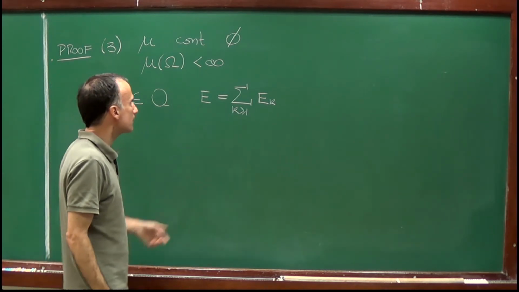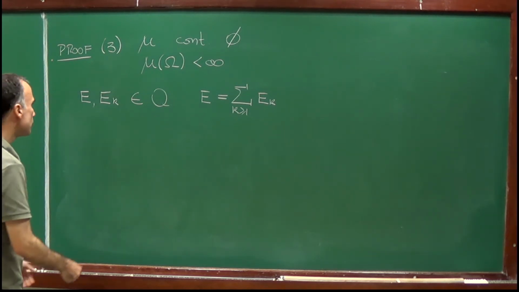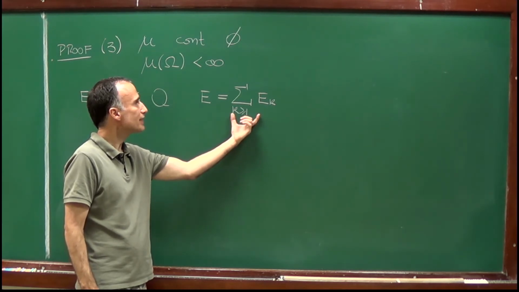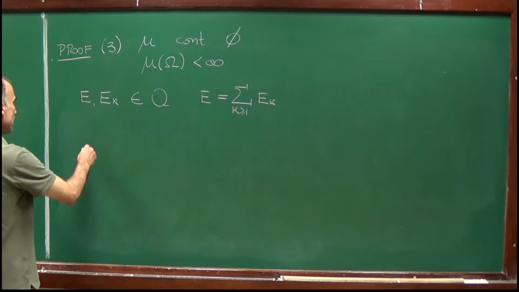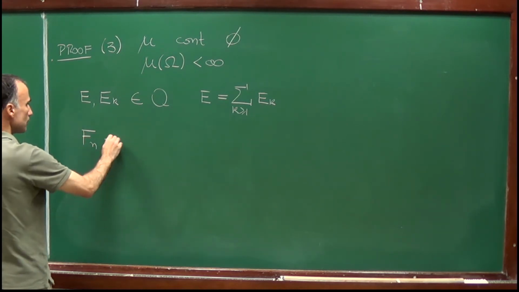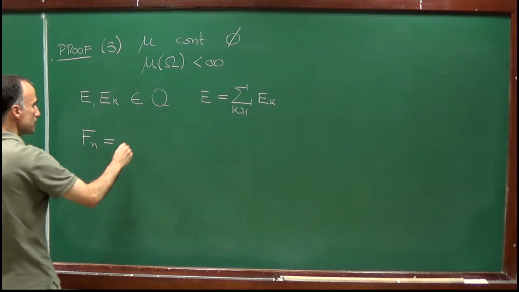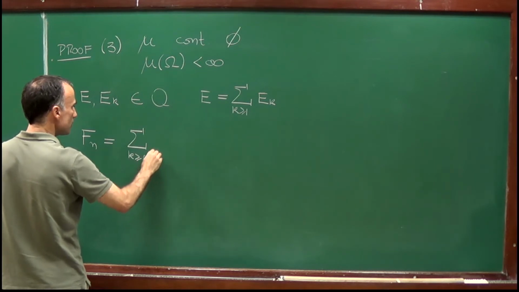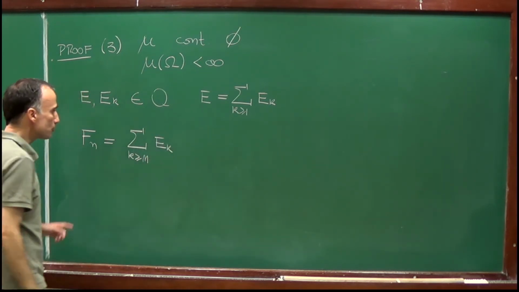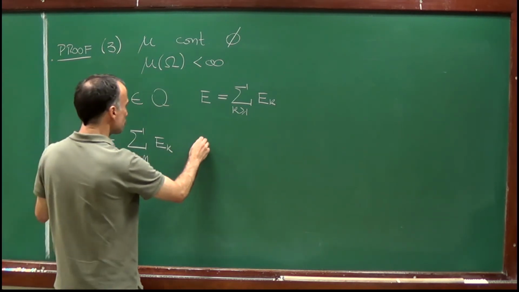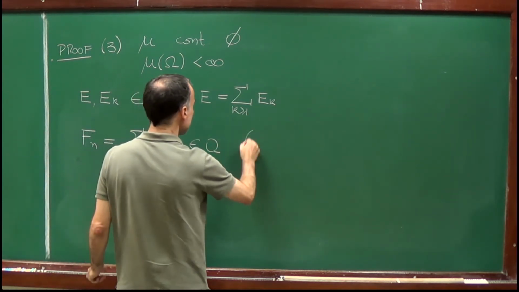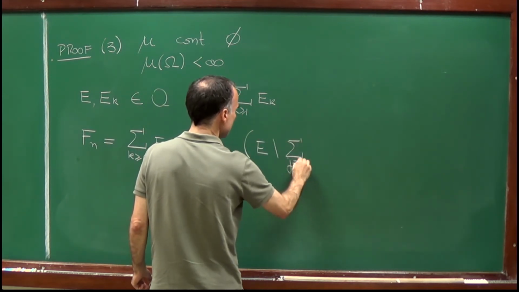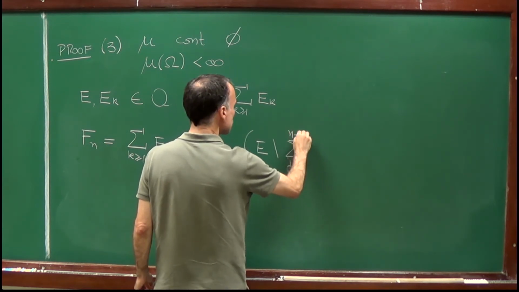Well, so it's clear what we want to do here. We want to construct from this sequence a sequence which decreases to the empty set. So I think you all guess that the correct set is F_n equal to the union over k greater or equal than n of E_k. And observe that this set belongs to the algebra A because it is E minus the union of E_j, j from 1 to n minus 1,